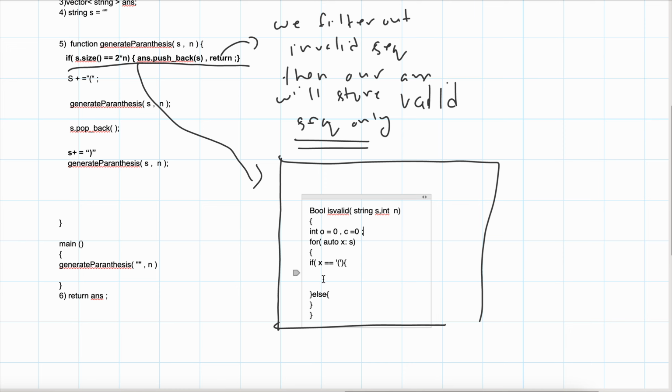That's all on you, how you want to do it. So if x equal to opening bracket, we will increase our o, the count of opening brackets. And else, we will